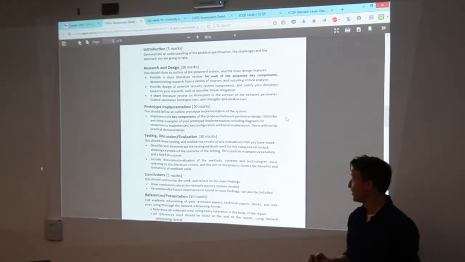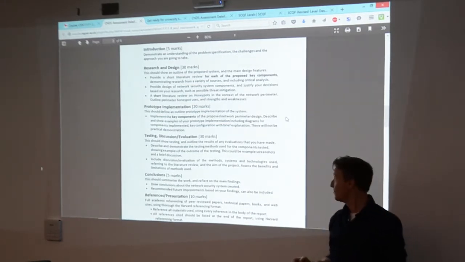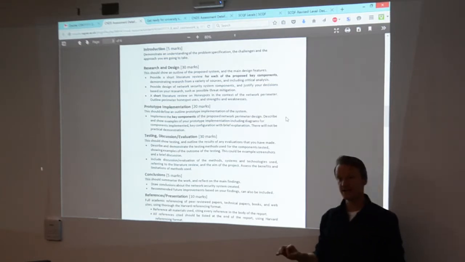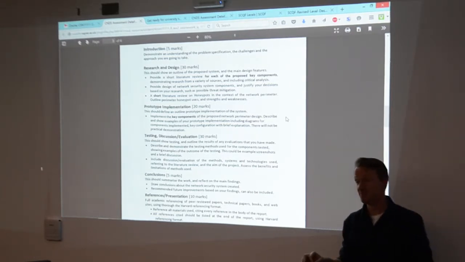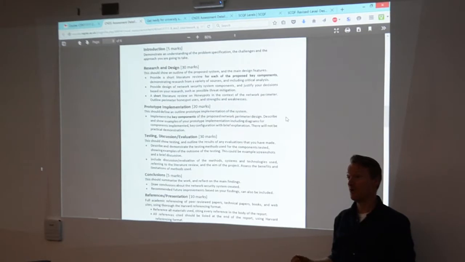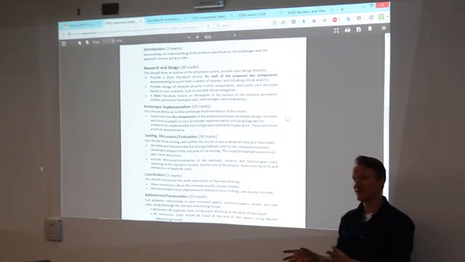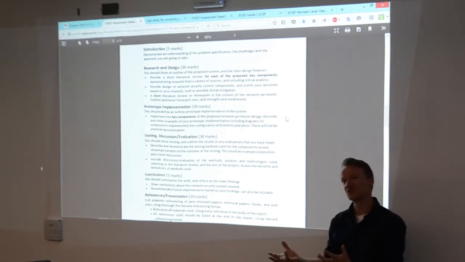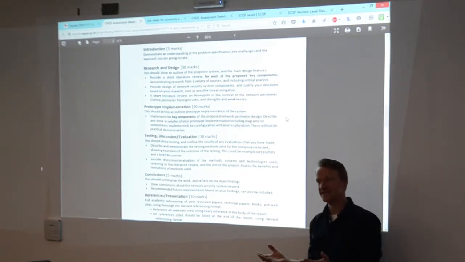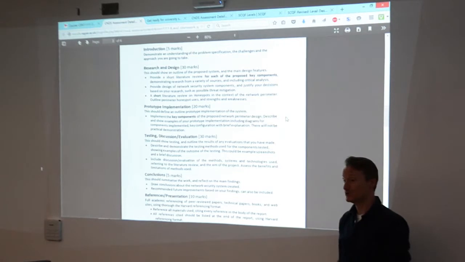So one key thing, and it's a bit of a bugbear of mine, is don't put diagrams in and expect me to interpret what you've done, okay? If you're going to put things in, you tell me what you've done, tell me why they're there, tell me why they're important, the strengths and weaknesses of them, give me something to read and describe the diagram. Don't just plonk a diagram in, especially not one straight out of a paper.